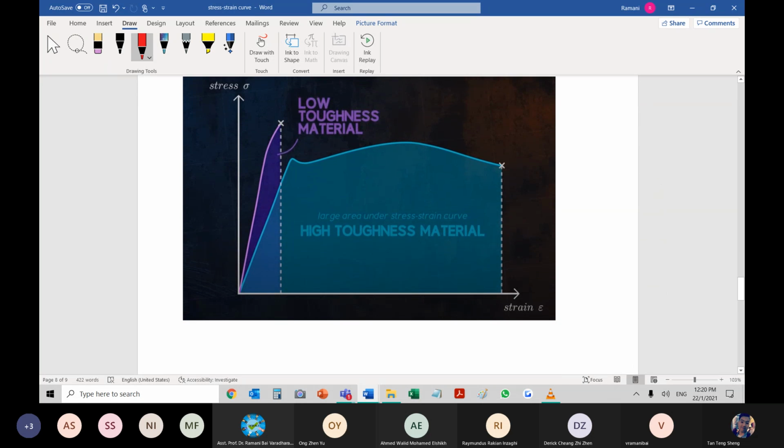And this behavior, compared to this, is all the behavior, and this light blue is the behavior of the ductile material. Behavior of the ductile material. You understand what is ductile? It can be elongated to some extent. It can bear some failure before it breaks.